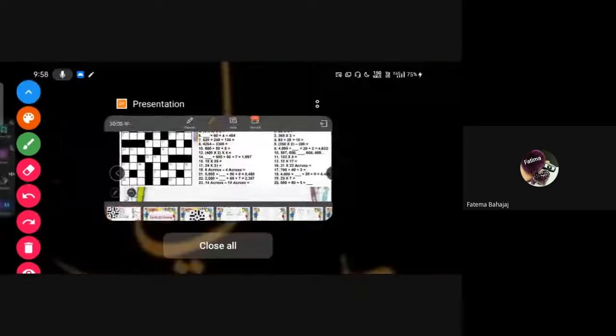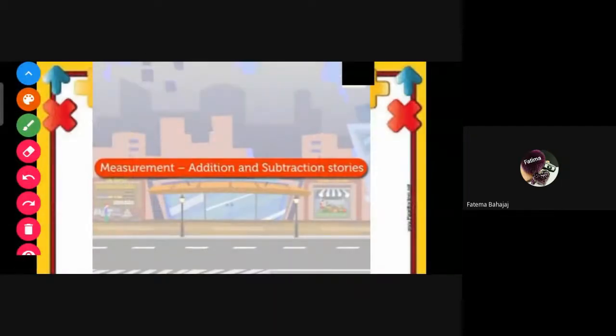And the other option is this one. In this one, one situation is given and you have to decide. Two shops are given beside a supermarket, and they will show us a situation. You have to solve it. So, ma'am, write in the chat box whichever you want to do: this addition, subtraction, story, or that puzzle one. Which one?